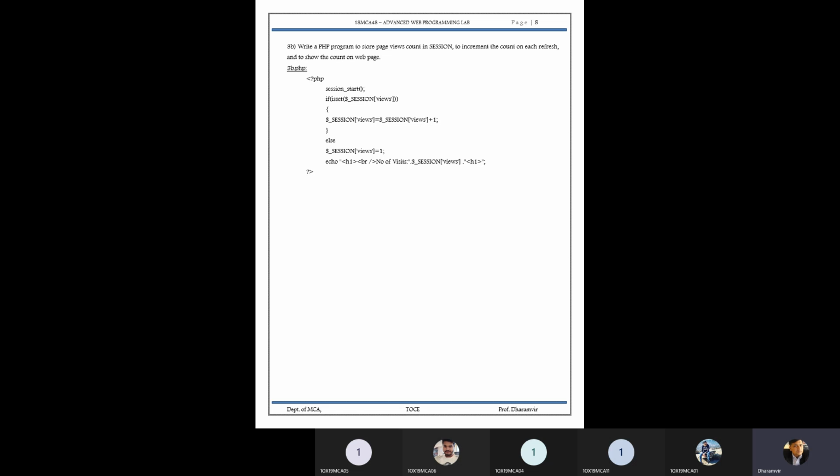So here we are going to check the session equal to, first one, sorting application. Session equal to sorting application, for what? This value we are going to use is set. Session start, fine. Then if is set equal to session, then we are going to view the count. If session is 0, what will happen? View plus 1. First count, second count, third count. Yields dollar underscore session, view equal to 1. That means number of visits equal to dollar session view. So view is going to display the session that can have the task data to perform the activity.